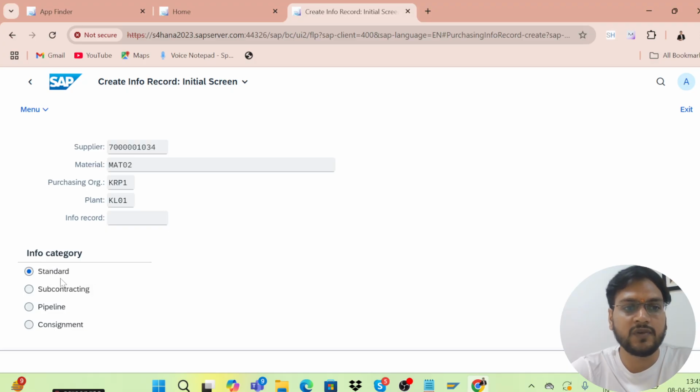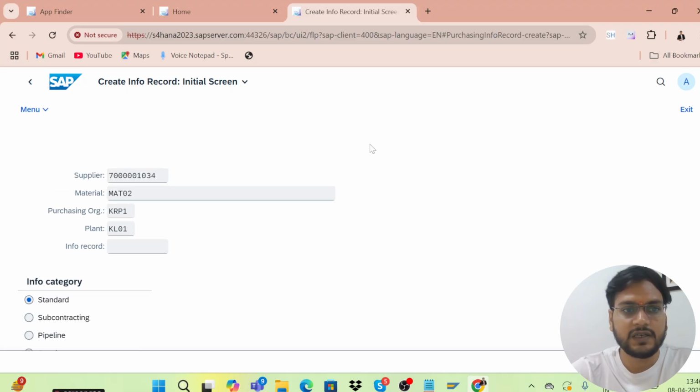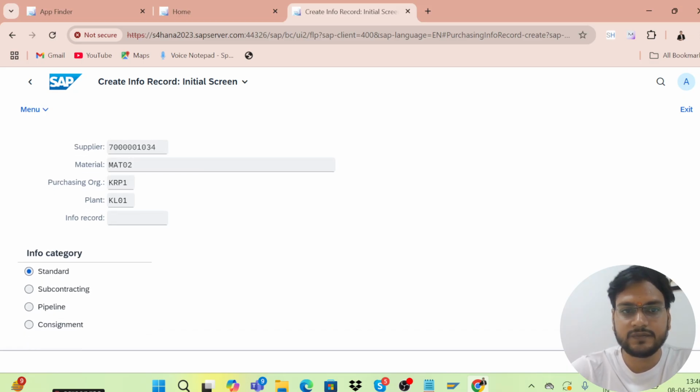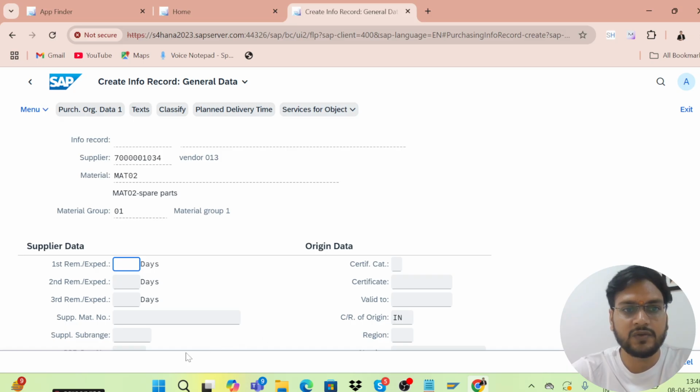Like if we want to create for standard, we are going to select standard. If we are going to create subcontracting, we are going to select subcontracting. If we want pipeline or consignment, we are going to select from here itself, right? Now let me just hit enter, and it will take me to that details.